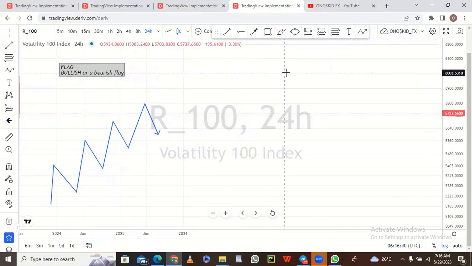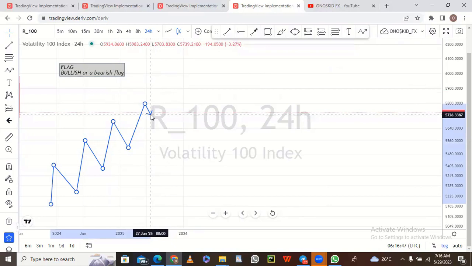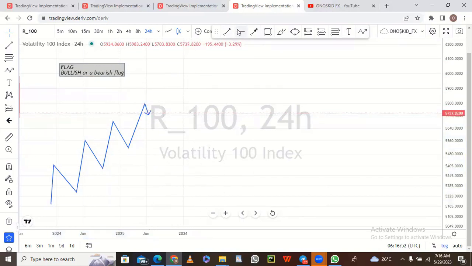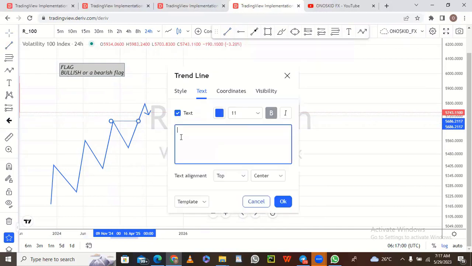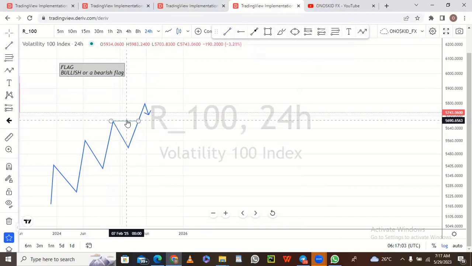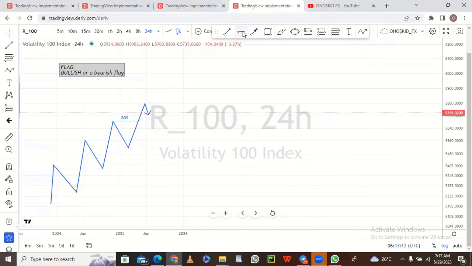So like I said, the first thing is to identify your market trend. And how do you identify your market trend? For me, if I meet a market in a state like this, the moment I come in, I try to identify a break of structure, which is the major characteristic of a bullish market. If I'm looking at the bullish scenario, so this is a break of structure. We call it BOS, signifying a break of structure. Then the next thing is to identify my market range, which is here,